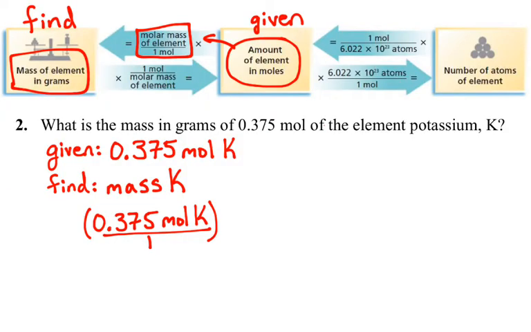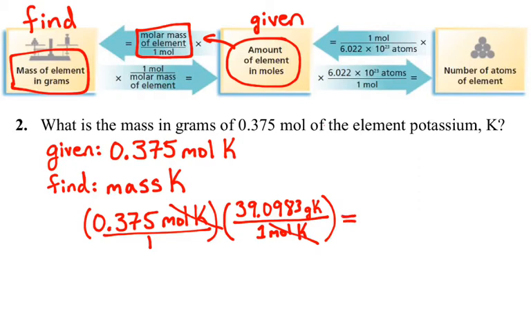So we're back at our problem now, and we write in our molar mass. That's 39.0983 grams of potassium for 1 mole of potassium. We got that from the average atomic mass of a potassium atom from the periodic table. And then if we run our equation through, we find that the moles of potassium will cancel out, and we end up with our mass of potassium in grams. So we get